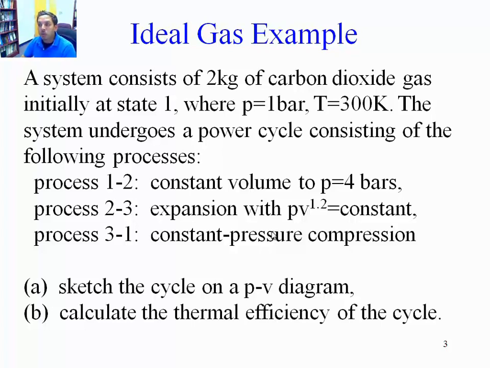The only way to know whether this is a power cycle is that the net amount of work produced in the cycle is positive. If the cycle produces work, then we obviously call this a power cycle, because we're using heat in order to produce work. If the net amount of work during the entire cycle is negative, then this is either a heat pump or a refrigeration cycle, because we're using work or power in order to refrigerate or heat.